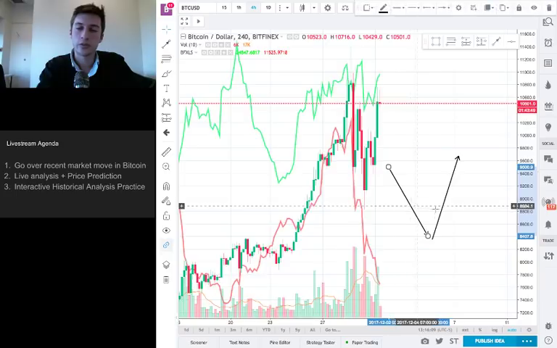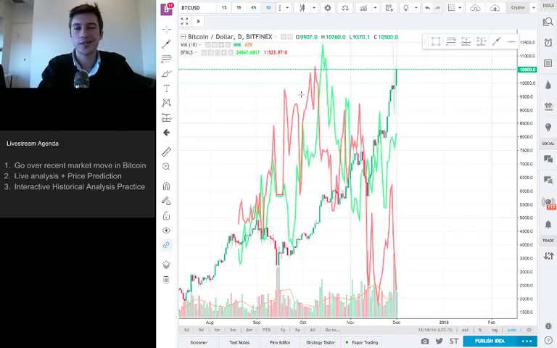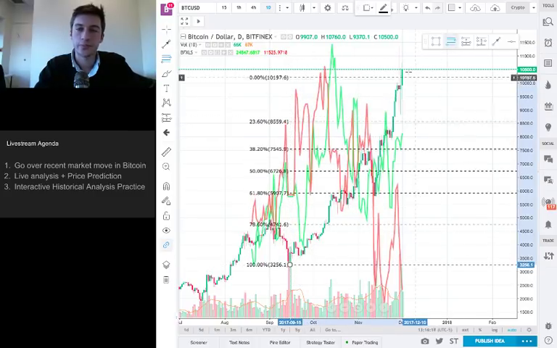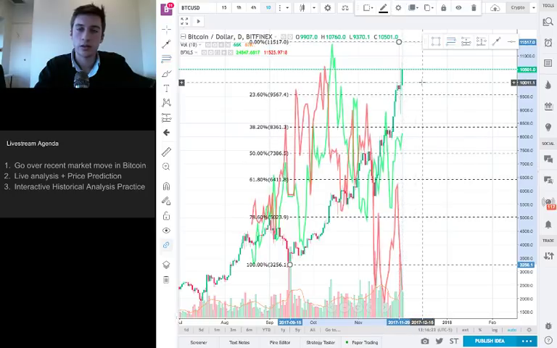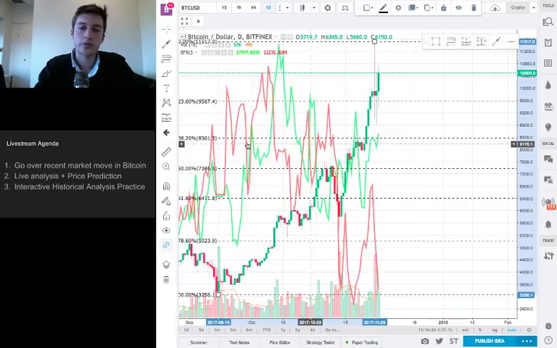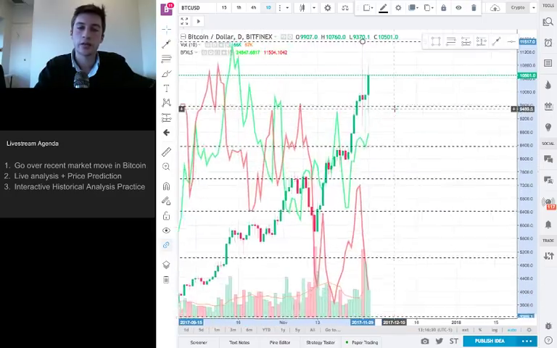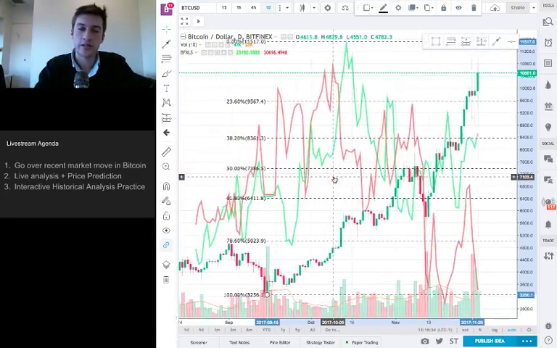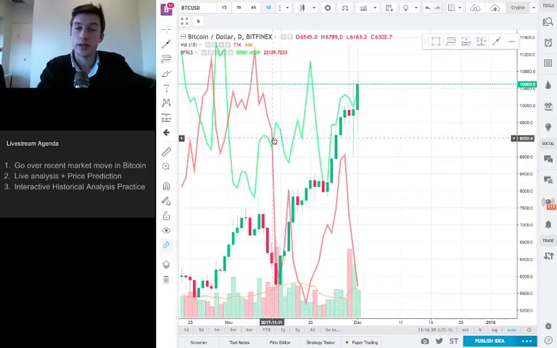And another reason why I think that the 8.4K level is important is the Fibonacci retracement, which is, from what I remember, around 50%. So if I do this, as you can see, this right here, oh no, pardon me, it was the 38.2%. 38.2% of the overall uptrend. Yeah, so if price comes down to 38.2%, that is 8.4K. So that's where I think we're going to see the